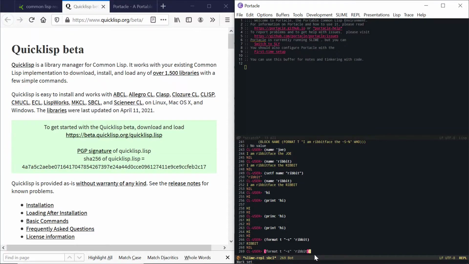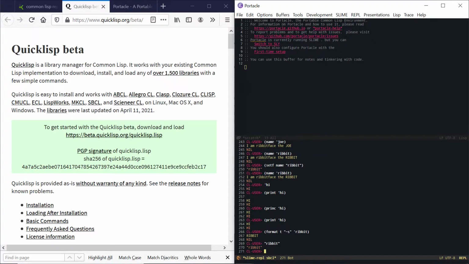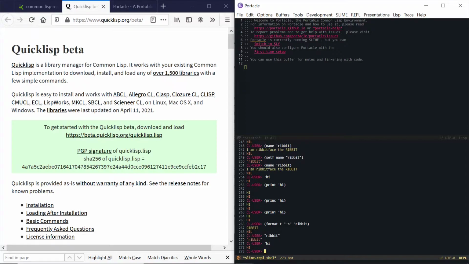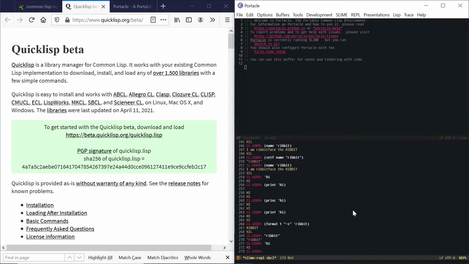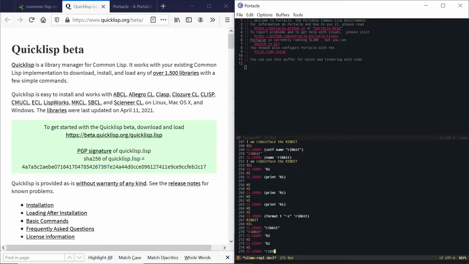So pretty much when you're working on the REPL, you're going to see a lot of return values. Like up here, it's printing high twice. If I say ribbit right here, it returns the ribbit once, but when I typed the symbol, it was returning high. But when I was saying the format command or the print command, right? The print, these are just returning themselves. This is returning the symbol high. This is returning the